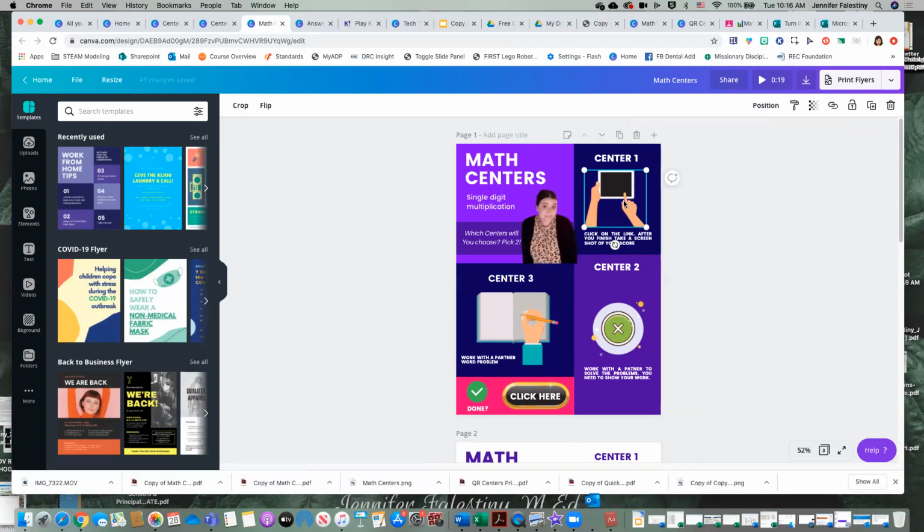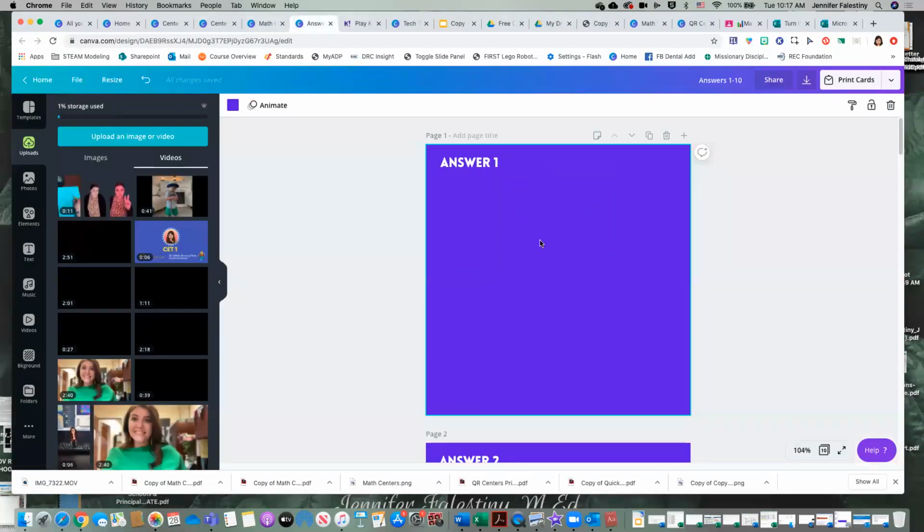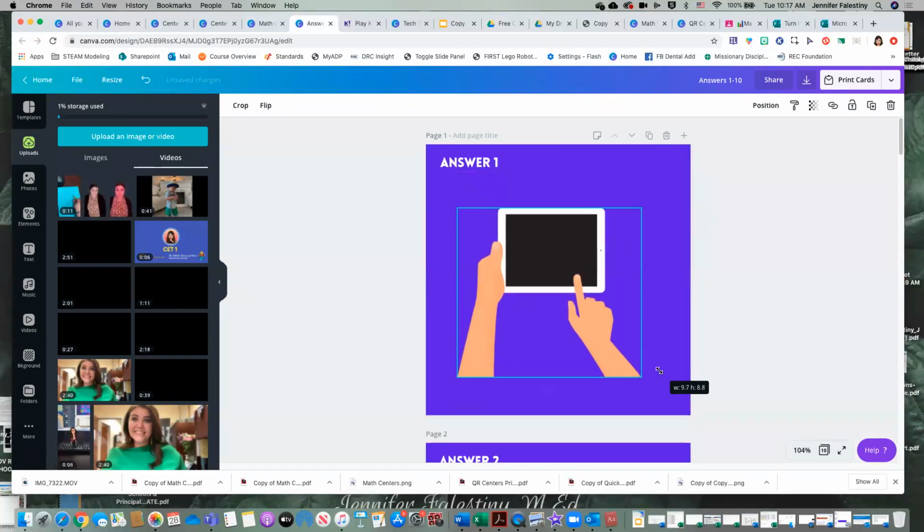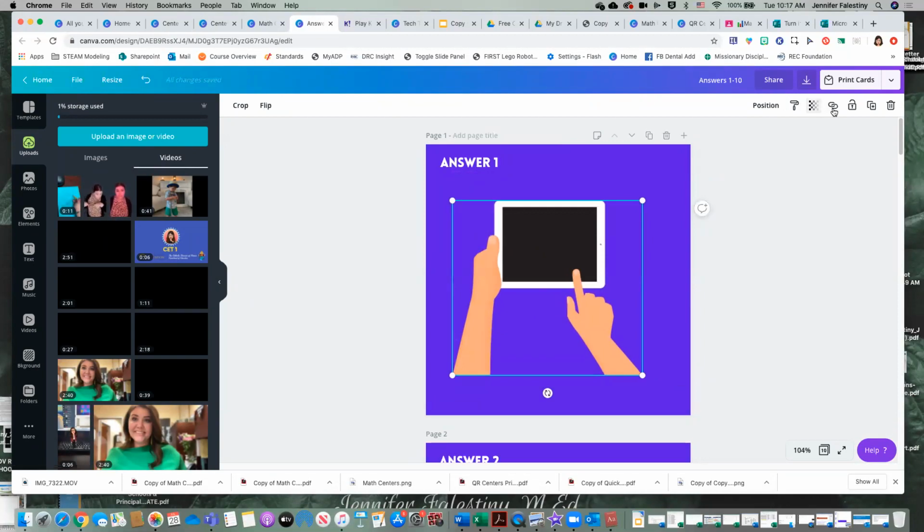Actually, I can just copy this whole thing. All right, so if I go back here, once students get here, they scan it. I just want to make sure the code's there. Okay. So now if this says go take the Kahoot quiz, if I go to my iPad and I scan this now,